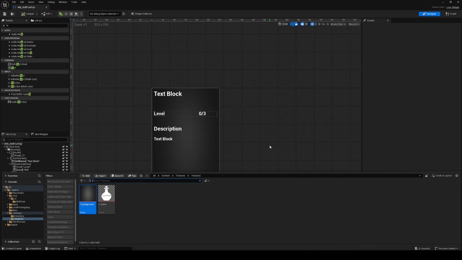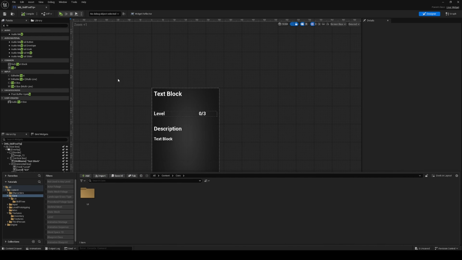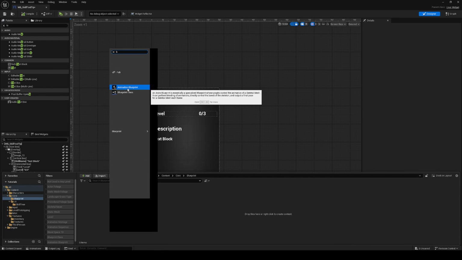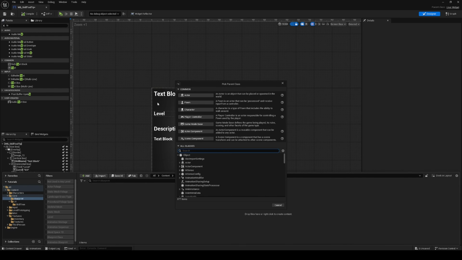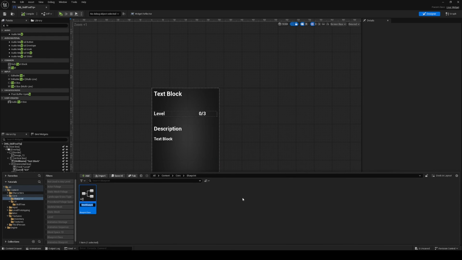Okay, next we're gonna open, what am I doing? New folder, blueprint. Then I'm gonna put here another blueprint class, and I'm gonna search for data asset, and it's gonna be primary data asset. I'm gonna name it DA skill,